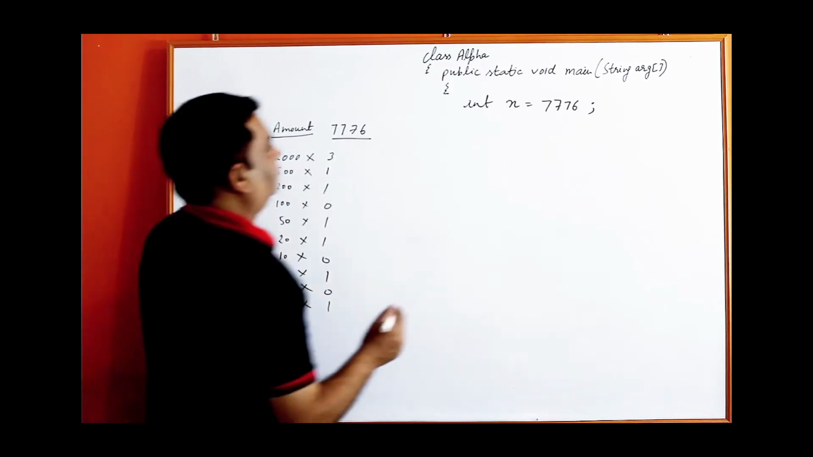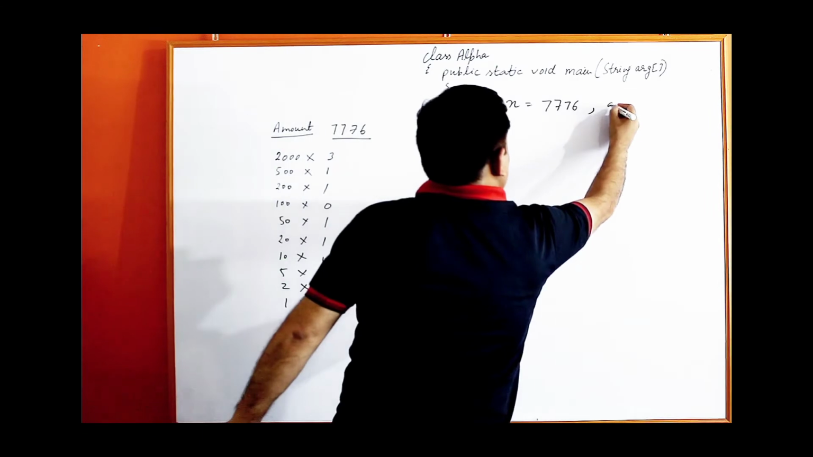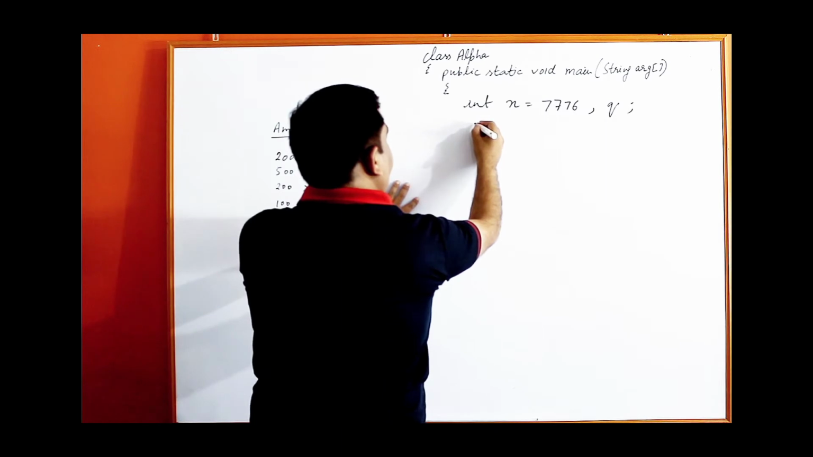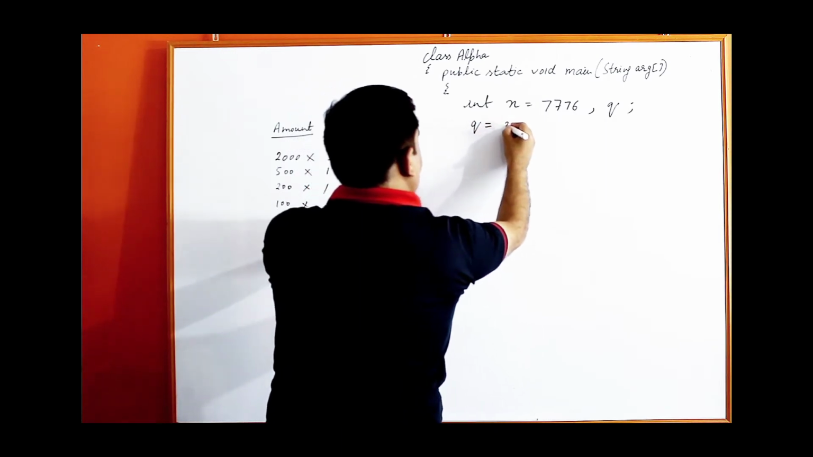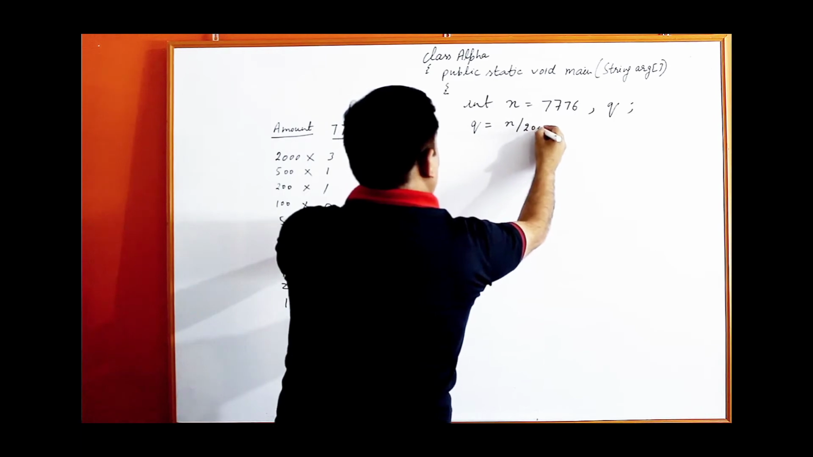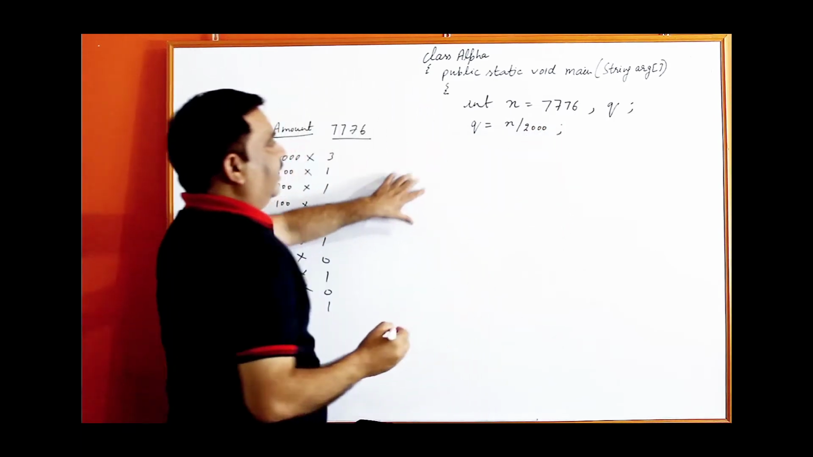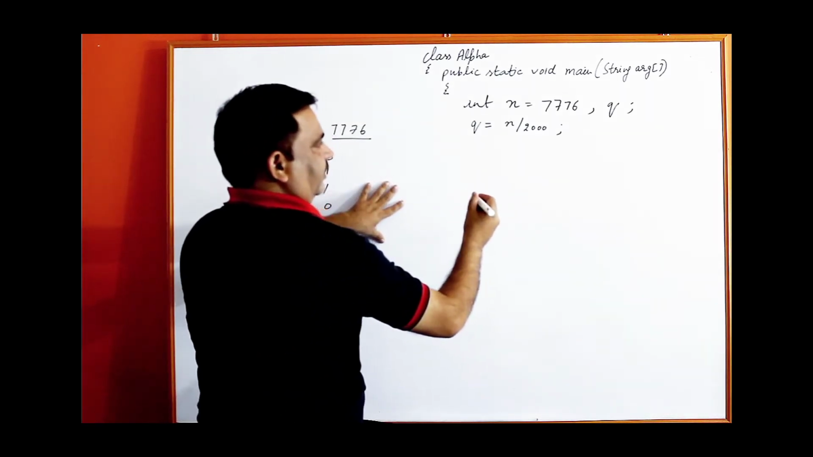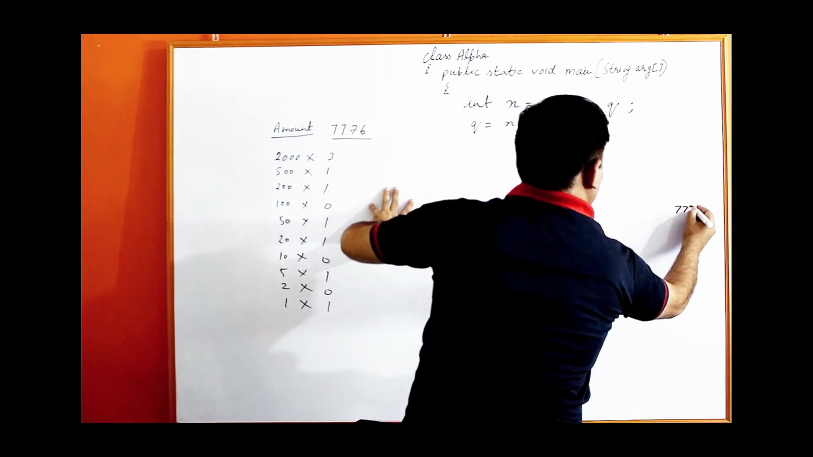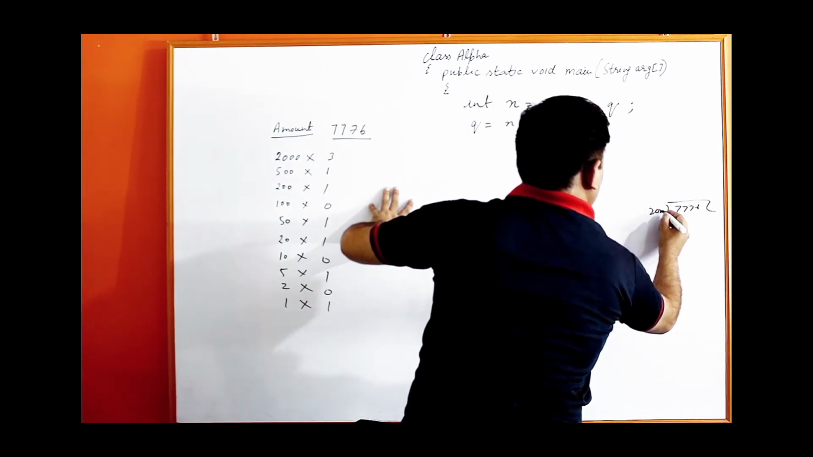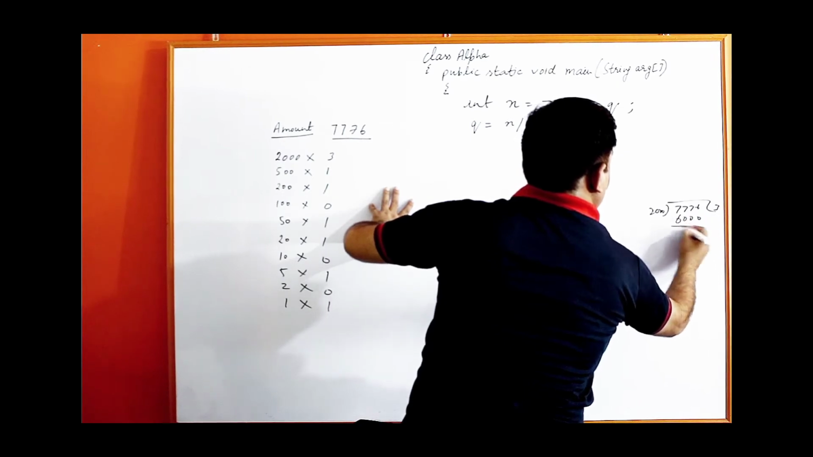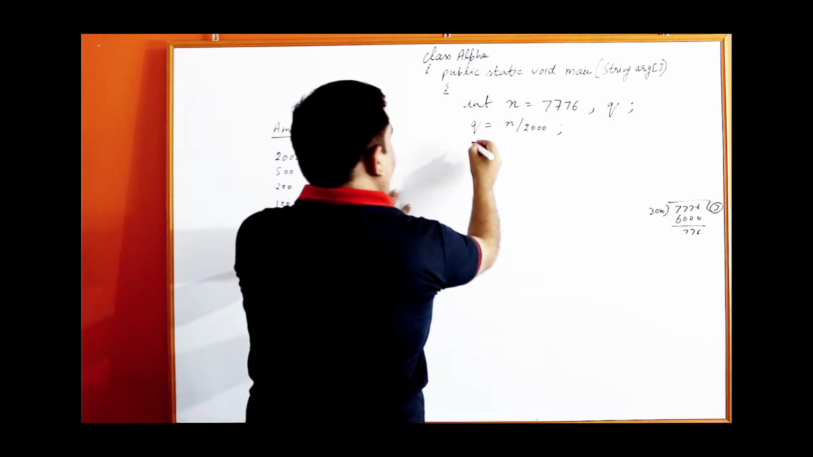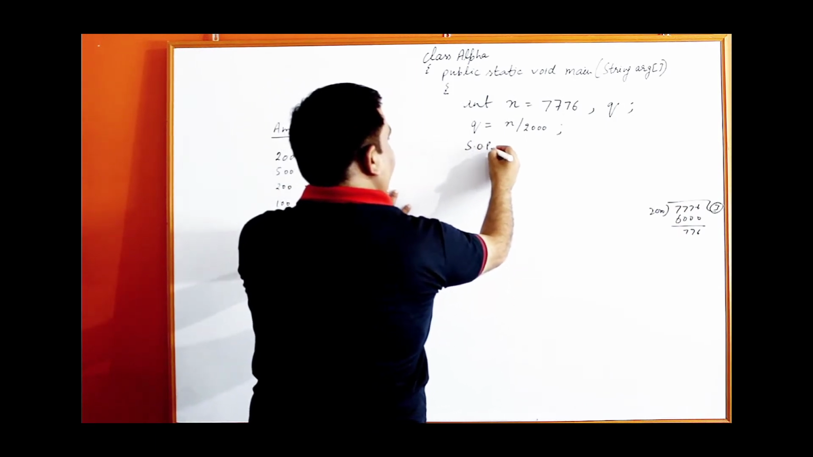Let's do this program. So take one more variable. First of all, get the quotient part. q equal to n divide by 2000. When you divide n by 2000, you will get 3. Because when you divide 7776 by 2000, it is 6000 and you will get a remainder, but the quotient part is 3. So 3 is here and you can print System.out.println